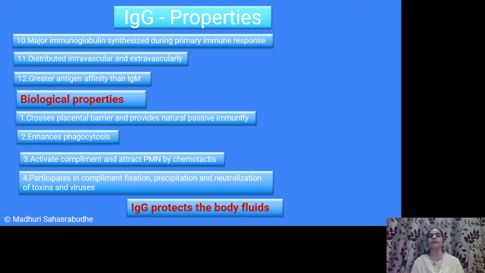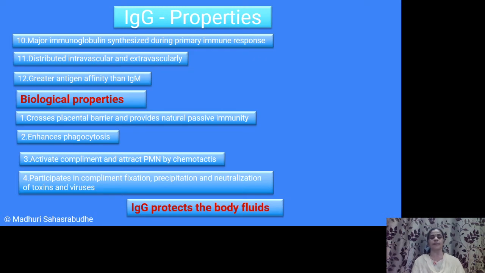body fluids. Sometimes a question is asked in examination: define immunoglobulins, describe the structure of immunoglobulin, and highlight the properties of IgG. The 3 points we have to write are: the definition, then the diagrammatic presentation followed by the description of the structure of immunoglobulin, and third, IgG, highlighting the physical properties and the biological properties, and ending with the overall function of IgG, that is it